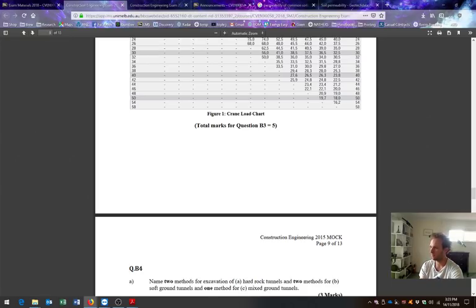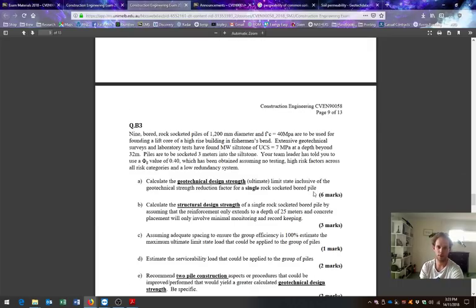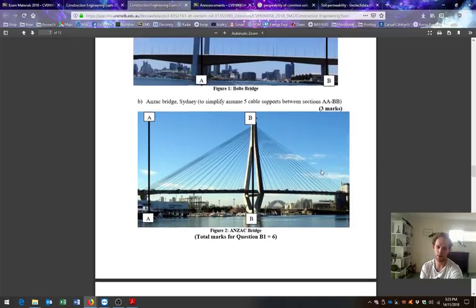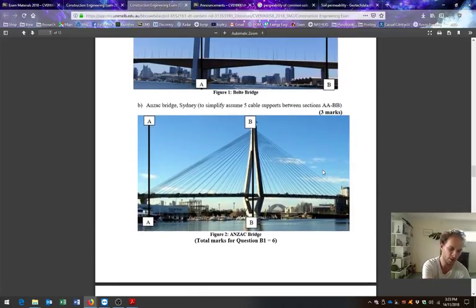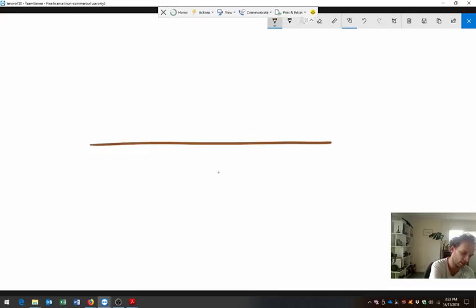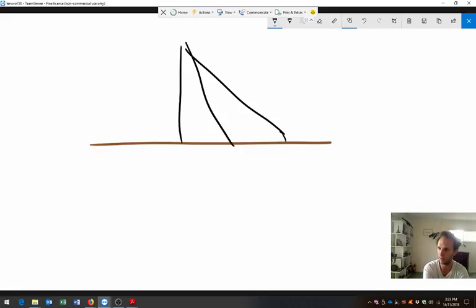2016 B1B, let's have a look. 2016 B1B, yeah, so this is a weird one, isn't it? Probably not going to ask you this question, but that's okay. Let's have a look at this. So if we've got, we'll just zoom up on a section of the bridge. If we've got the deck there and we have cables coming down like this, then the deck is either one of two things. It's either simply supported or